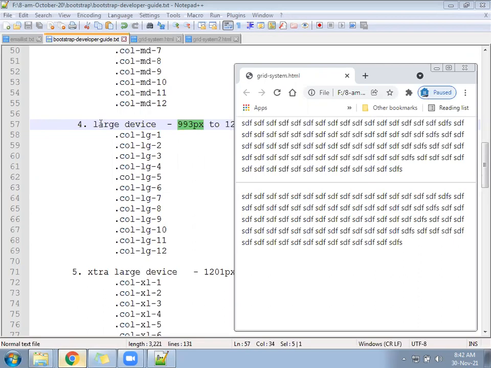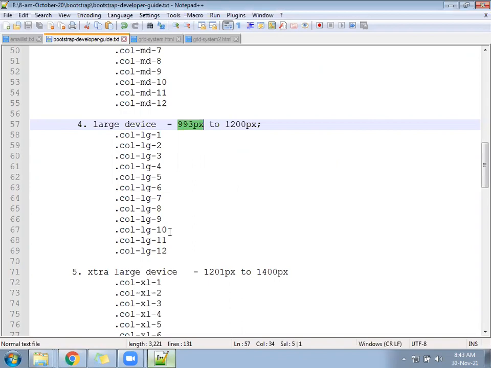So better, when you write the code and run the page, maximize the screen and then see once. So we will go to the code.